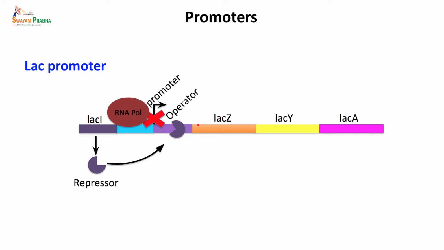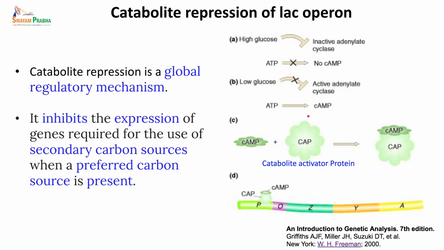However, if lactose is present, then this repressor, instead of binding to the operator, can be sucked up by the lactose. So the repressor will bind to the lactose instead, and therefore it is removed from the operator and the inhibition is removed, and now the RNA polymerase can transcribe the gene. So this lac operon and lac-Z especially has been very useful in the creation of plasmid vectors,